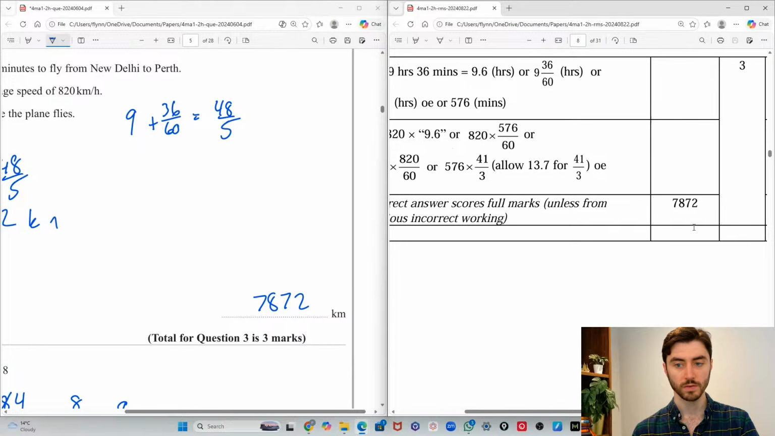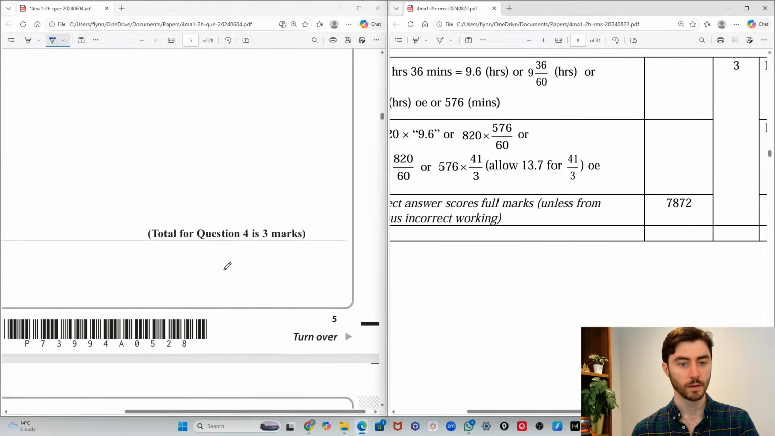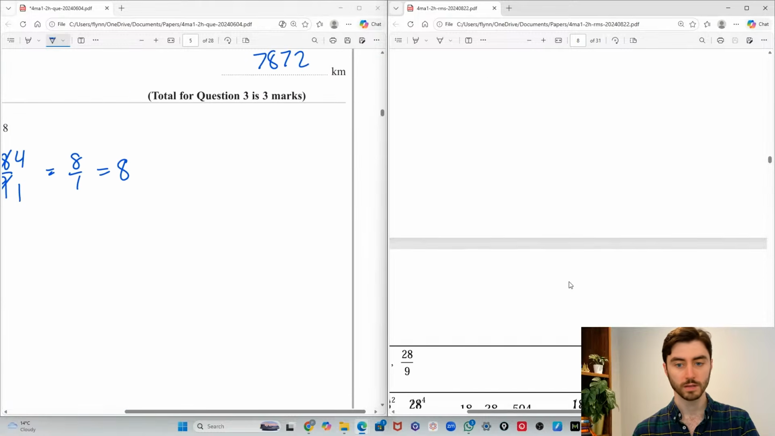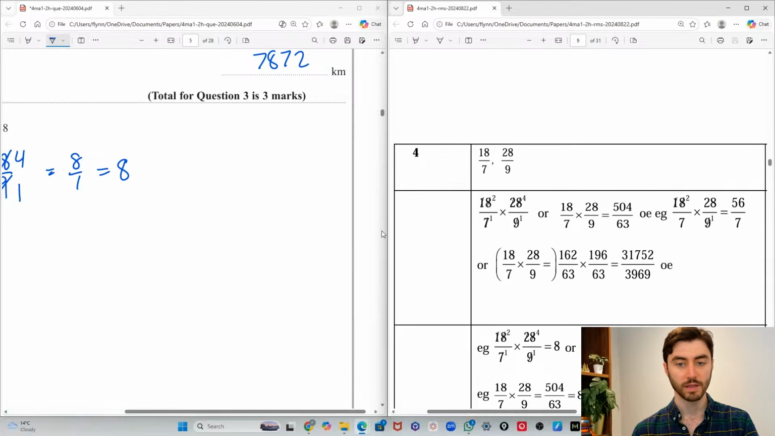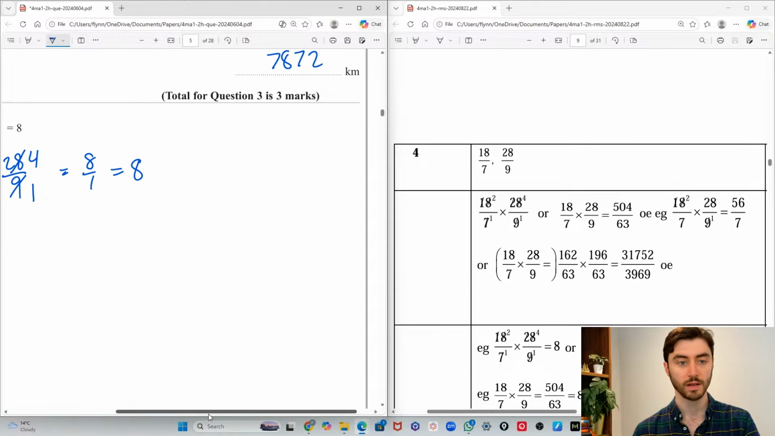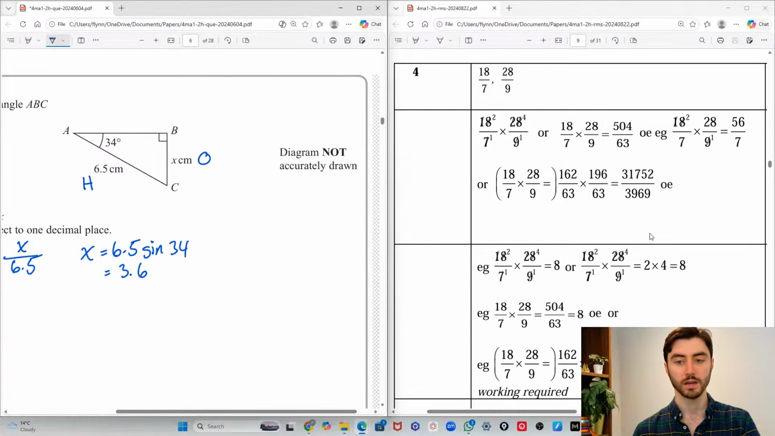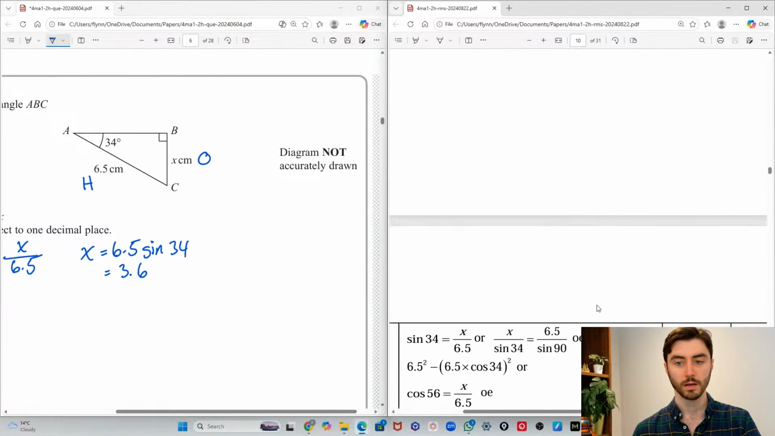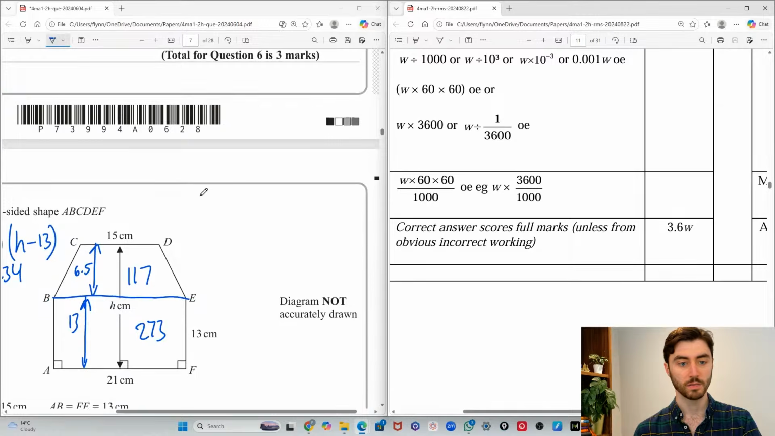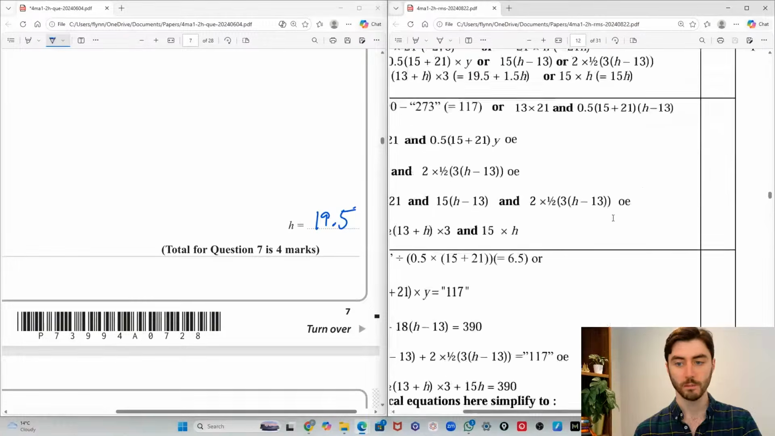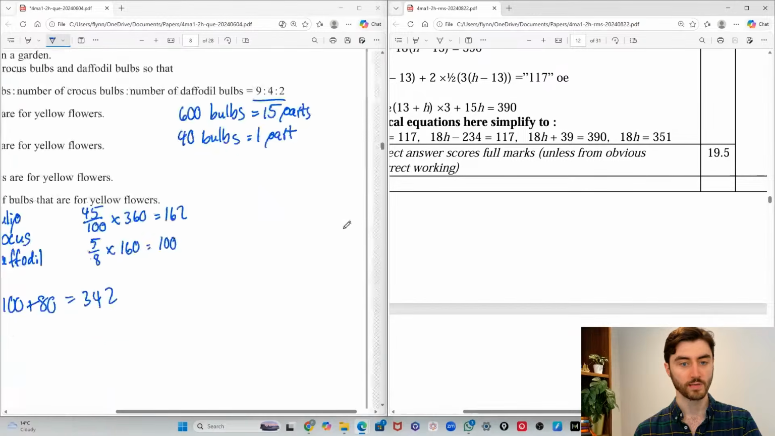78, 72, yep. What's this? Yeah, they want to see all the steps there. I did the cancellation method, which is I think by far the easiest way of doing this. Good. Here, the next one, 3.6, good. 3.6W, good. 19.5,